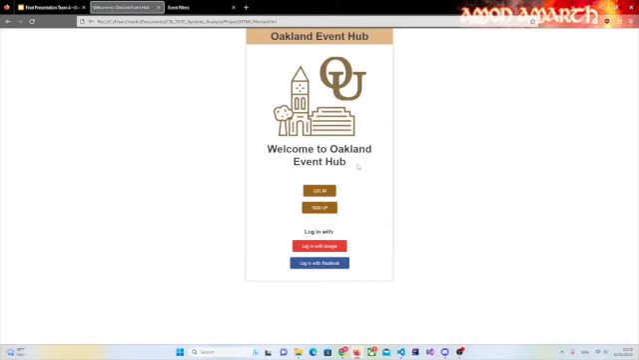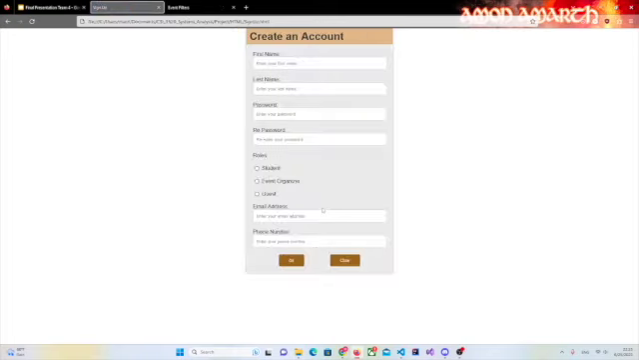Now, if a user does not yet have an account, they can click here to go to our sign up page. From here, the user can enter in their required information such as first name, last name,